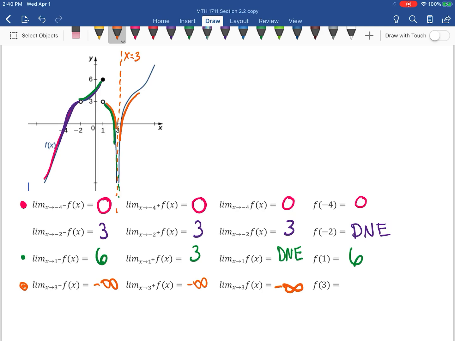You're going to -infinity. Now, because there's an asymptote there at x is equal to 3, there's no value of the function, so we would say that this does not exist. There's no value of the function at